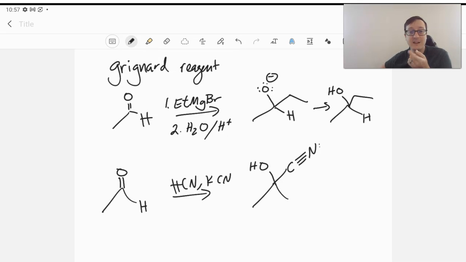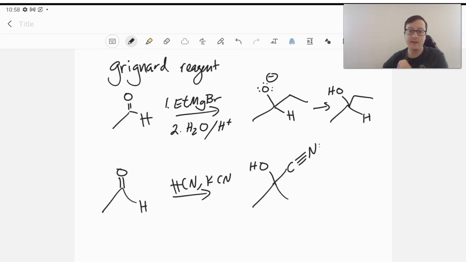The Grignard is a little bit tougher because you're just adding alkyl groups. Alkyl groups don't do anything. But now you're adding a carbon that has functionality, because we'll see what we can do with nitriles. We can reduce them to amines. We can hydrolyze them to make carboxylic acids. We can do things with nitriles. So they're particularly useful. We don't really have to worry about mechanisms here, but suffice it to say CN minus